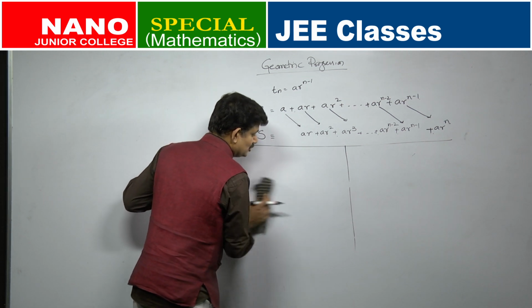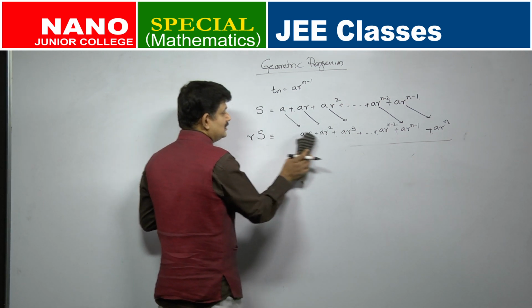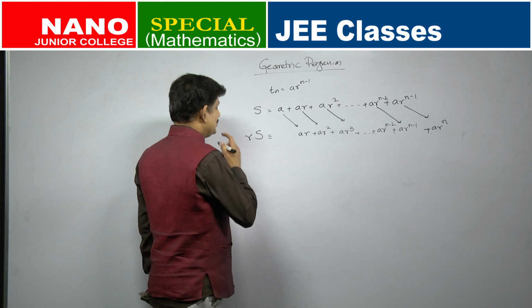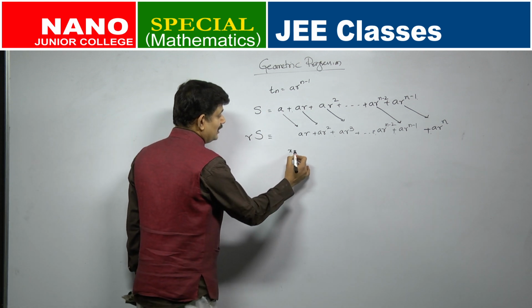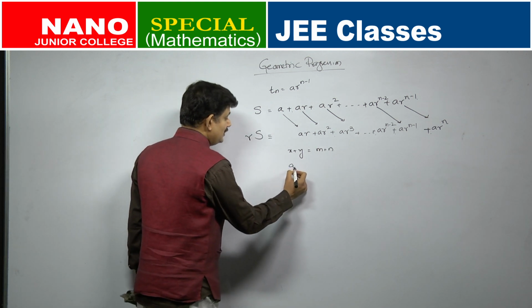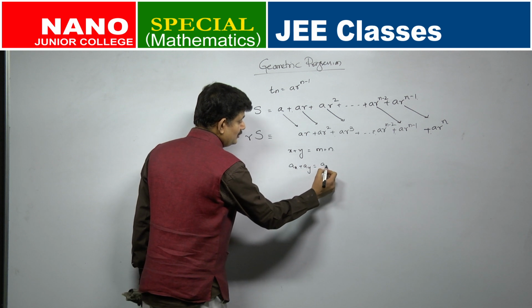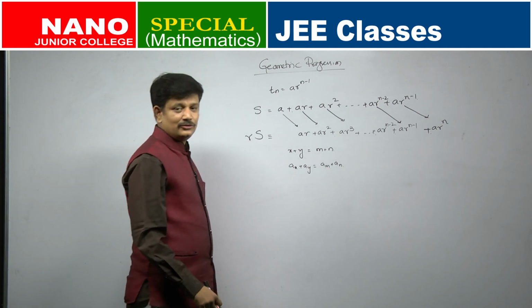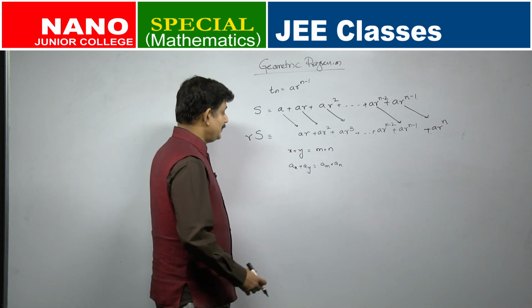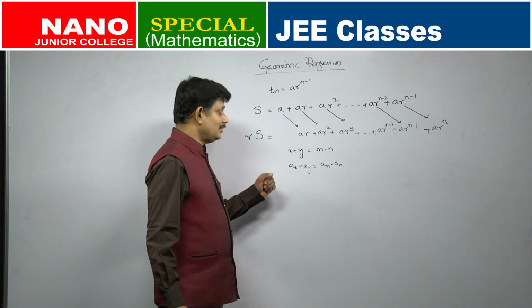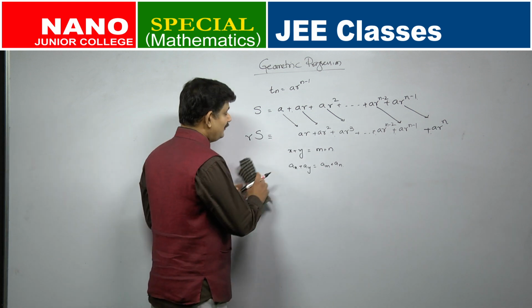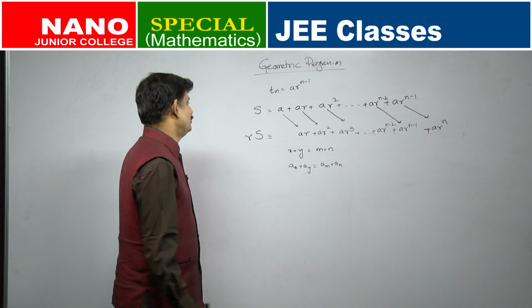Before we move to questions on geometric progression, let us also discuss some properties of geometric progression. See, in arithmetic progression, I said that if x plus y is same as m plus n, then ax plus ay will be equal to am plus an. We saw a question in which how this beautifully, this particular concept made it very easy. You will have plenty of other questions where using this, the question which actually needs a page to solve, you can just look at the question and solve them. So, let us see if any such property can also be framed for a geometric progression.